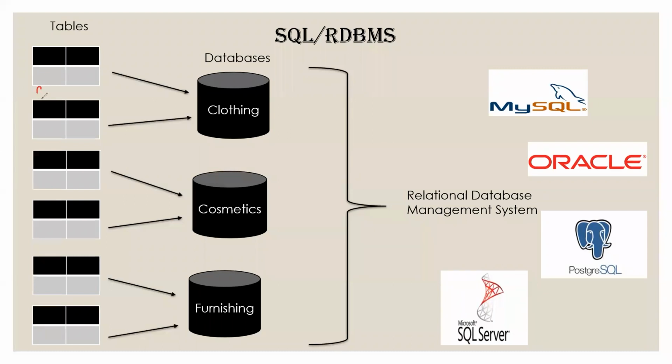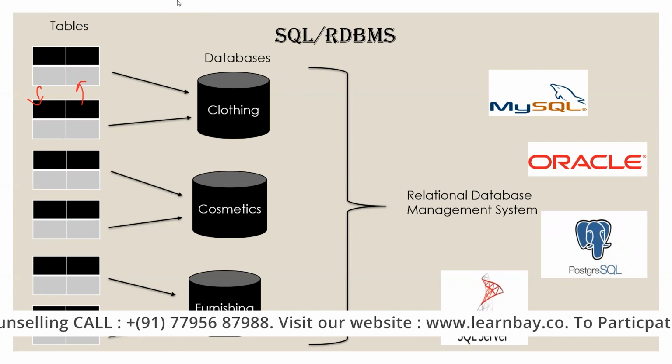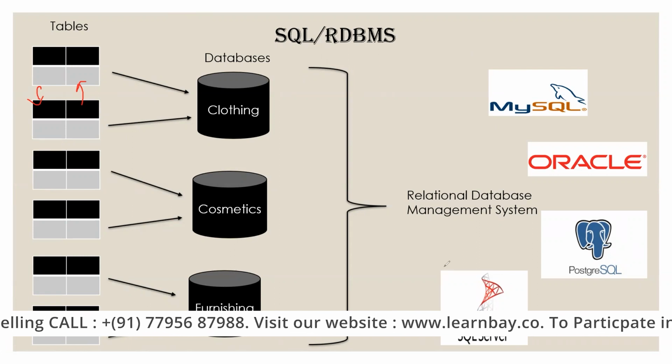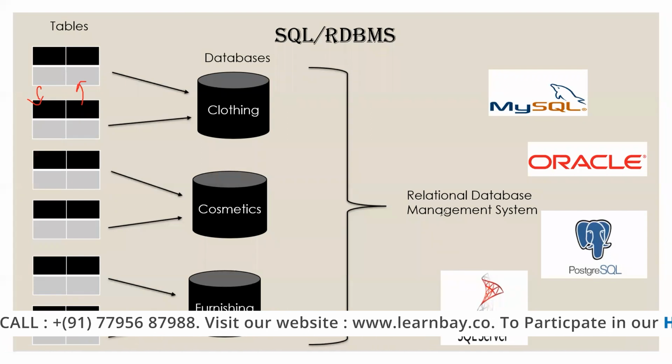Now, these tables which are there in every DB can also be related to each other. So within the databases, I can store multiple tables, and these tables can also be connected to each other. Any idea what the connection between the tables is? What I mean by connection between the tables, or the tables getting related to each other? What do we call the relations between tables, or how can tables be related to each other? Some row or column or attribute would be the same, by keys, maybe.